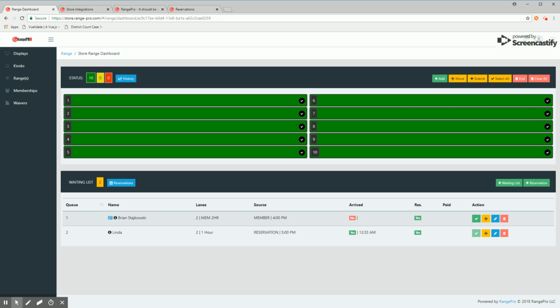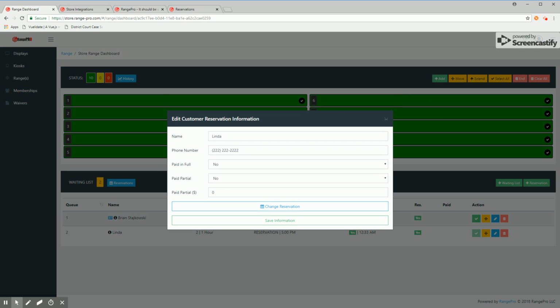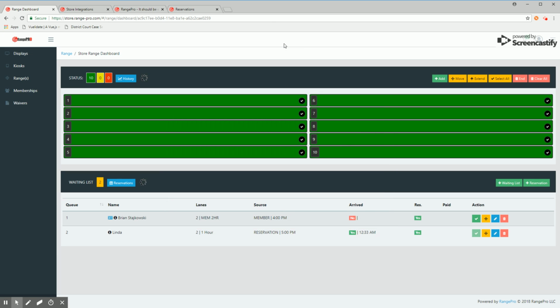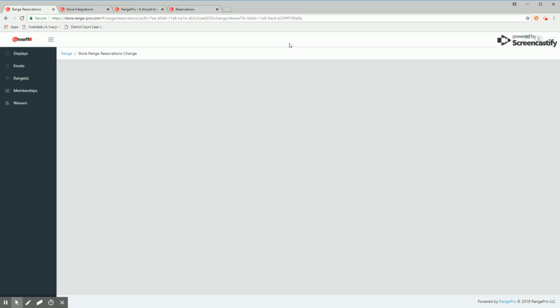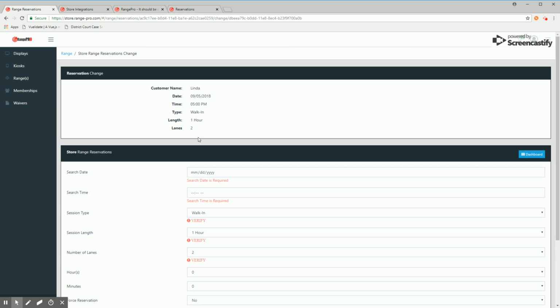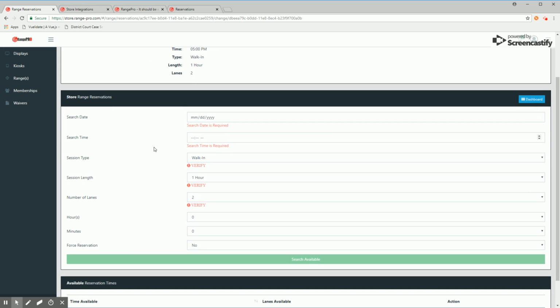Now, what happens if, say, Linda, for some reason, decided that she wanted to postpone that reservation? Say she wanted to come in tomorrow at 5 p.m. Well, you could click the edit link. Here you can edit the basic information about the reservation, but to actually update the time or the duration or number of lanes that they're requesting, you would click on Change Reservation. And again, it brings you to the reservation search page, and it's going to give you the original reservation information up top,